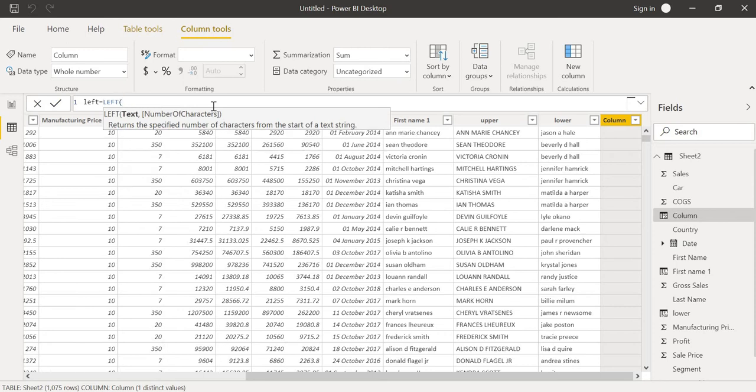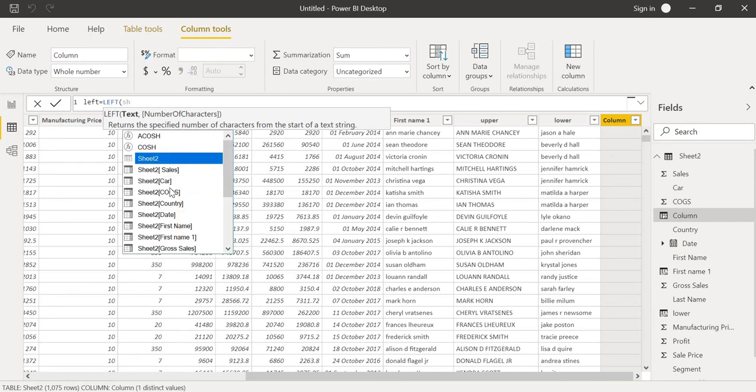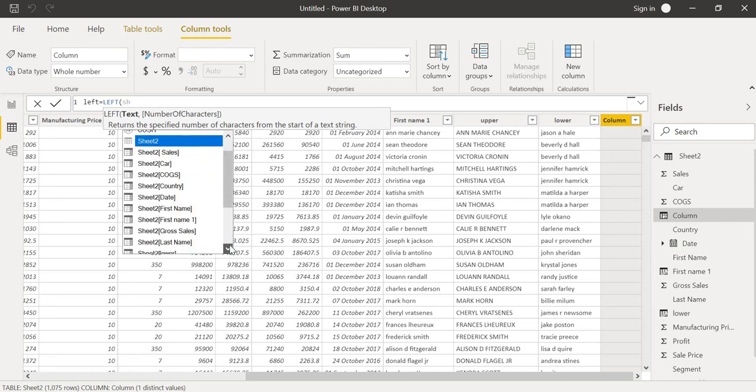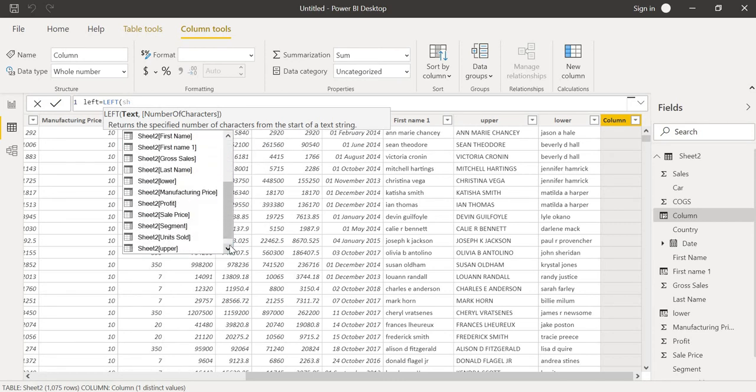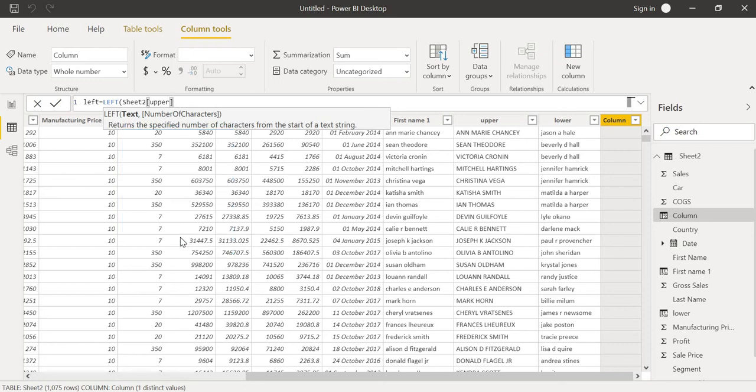I'm applying it here. Here I'm selecting uppercase. I want only the first 4 positions.